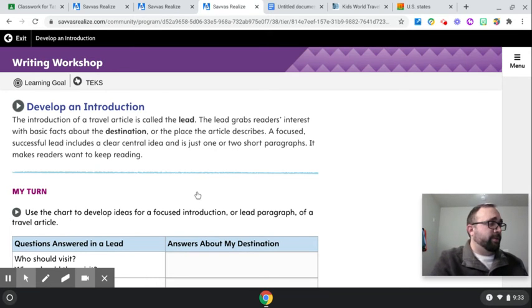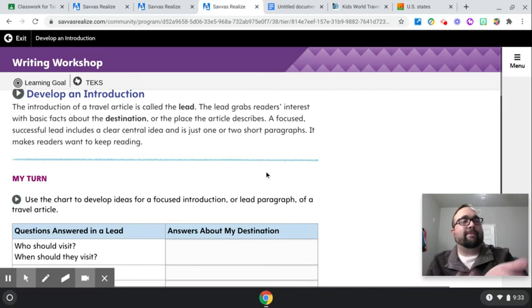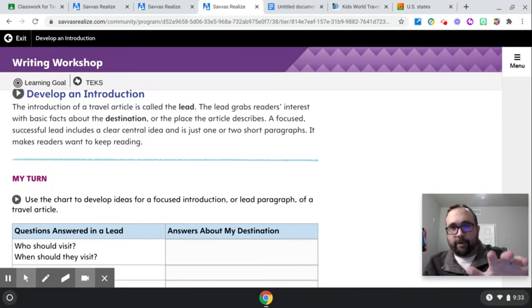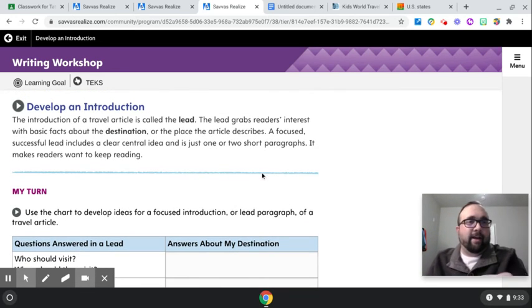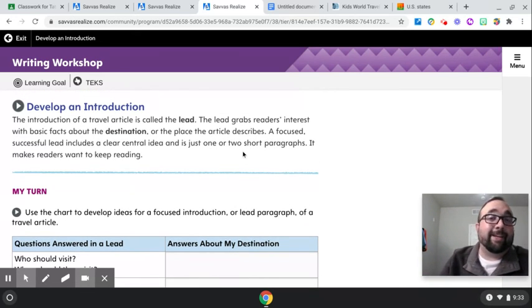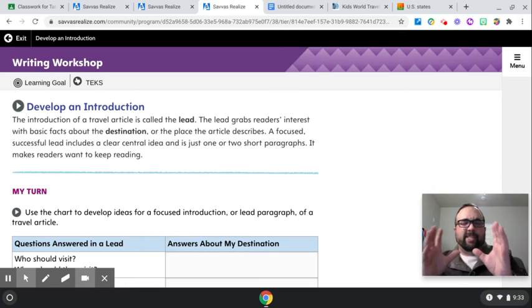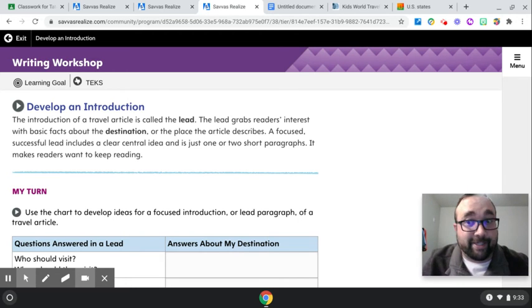When we go to page 299, now I'm showing you the digital version. Don't worry, you're going to be doing this on the physical version. But on 299, you have develop an introduction. So once you have chosen your destination, now we're going to start the writing. Okay. So the reason we're doing an introduction,